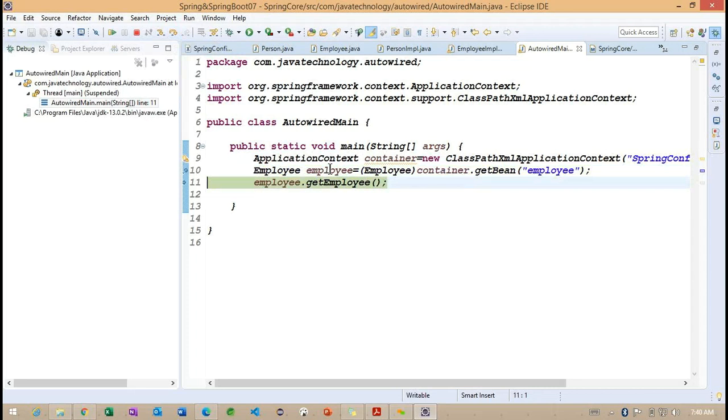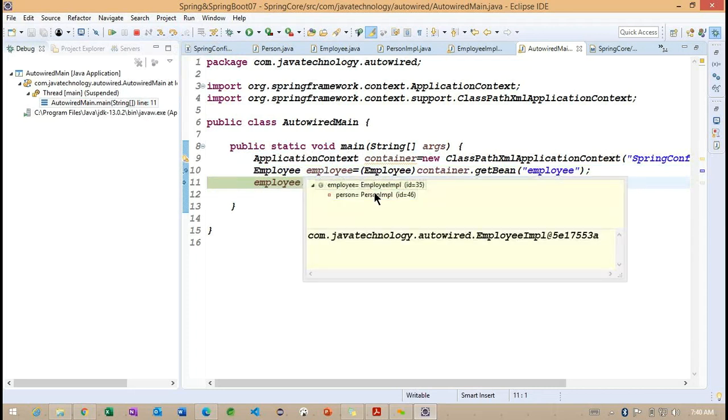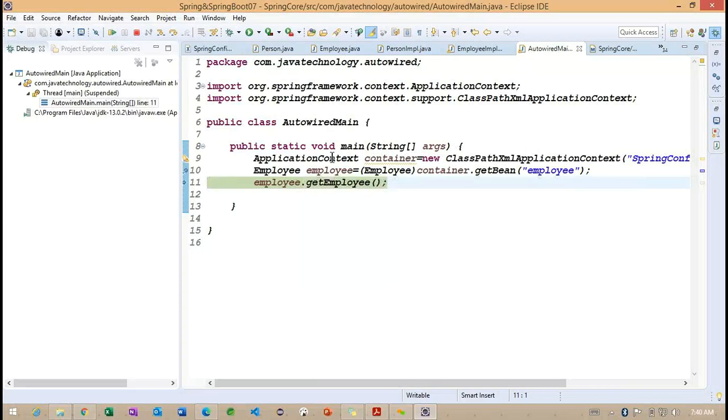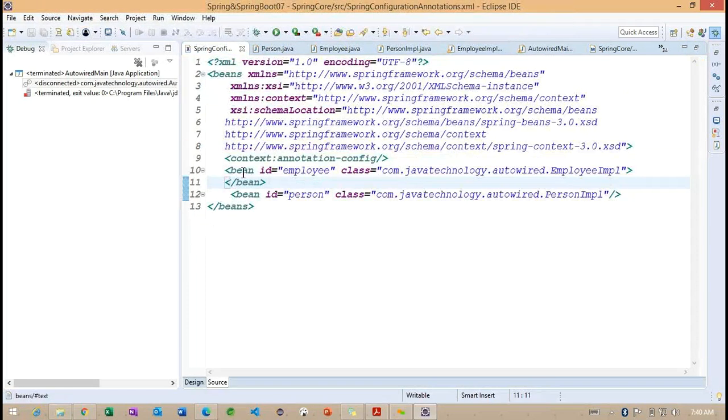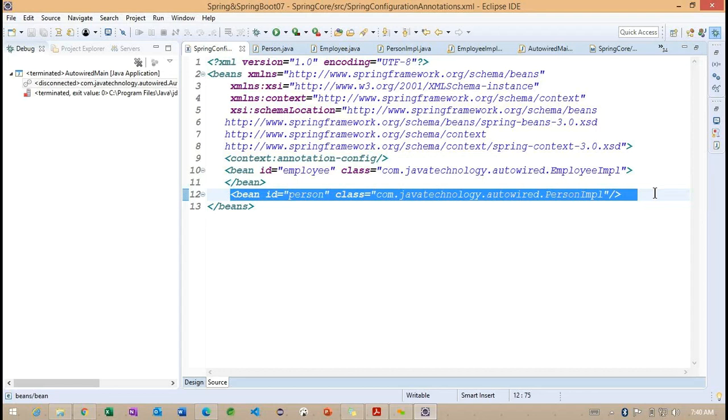Now you can observe, inside employee we are getting PersonImpl. So it's nothing but we are getting a person object here. Getting the point? So this section is very important. We are getting person object information. Now you need to understand very carefully. Whenever we work with required false and we are going to get an exception, and if you are not adding the bean information also, what kind of exception are we going to get? This section also we need to understand very carefully.